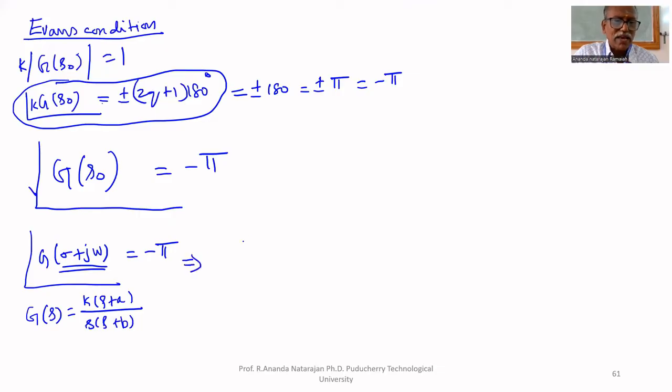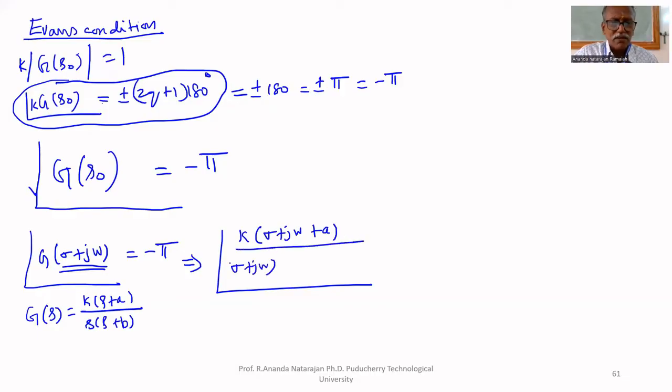Therefore, this implies the angle of K multiplied by sigma plus j omega plus A, whole divided by sigma plus j omega plus B, is equal to,